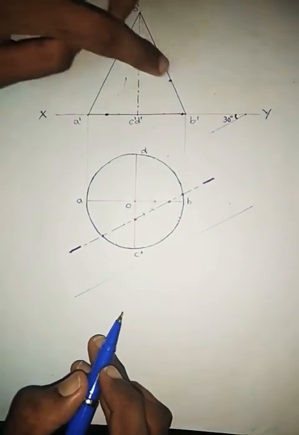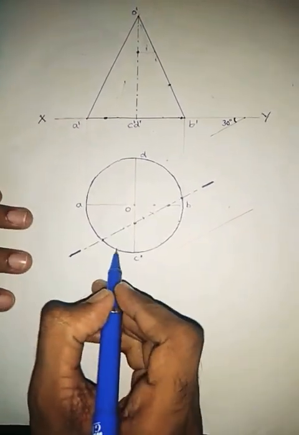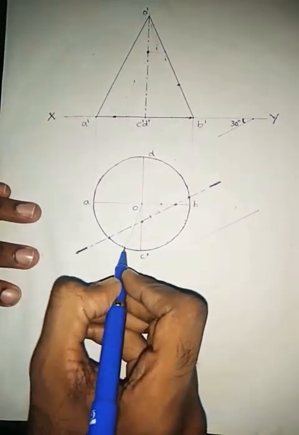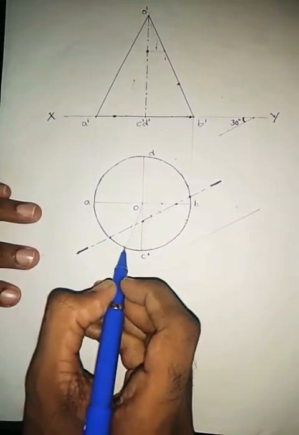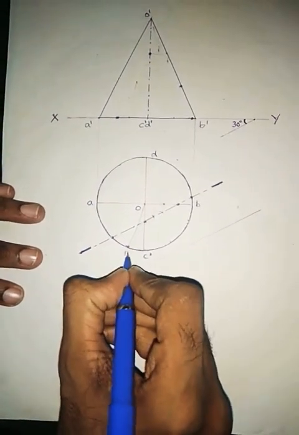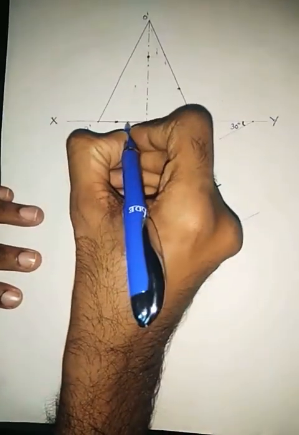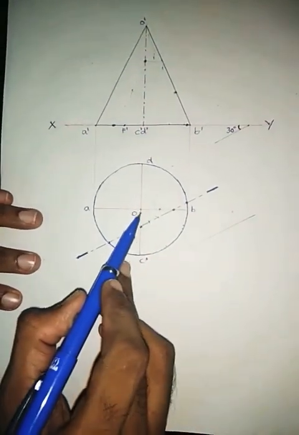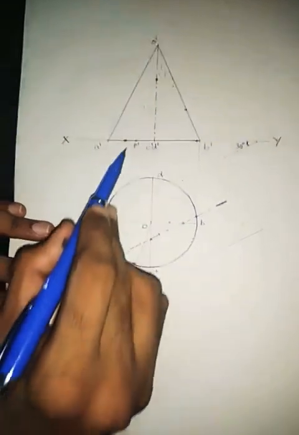First point, second, third and fourth, and we need some intermediate points. Now what we are going to do is draw generators wherever we like. So I'm just drawing a generator like this. You need not consider the angle, just draw a line, that's all. Some point that is in between this point and C dash, I'll be getting a point here. So I'm naming it as P. You project this point vertically till elevation, we'll be getting P dash here.